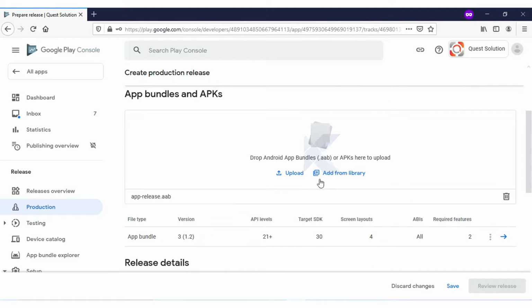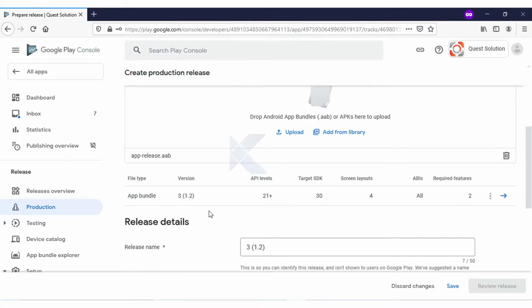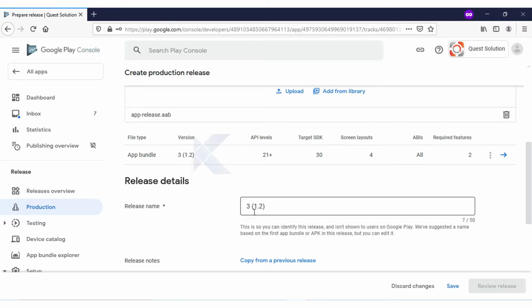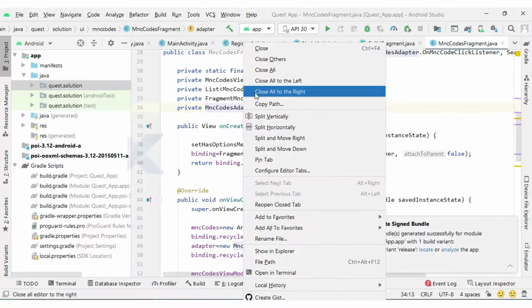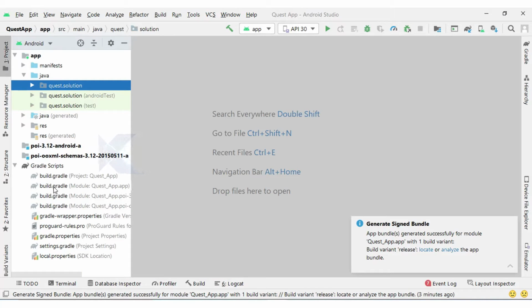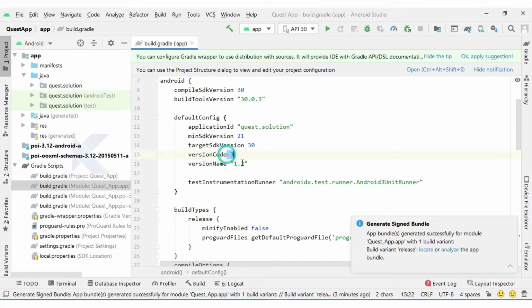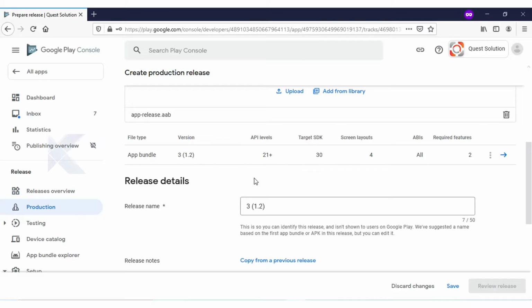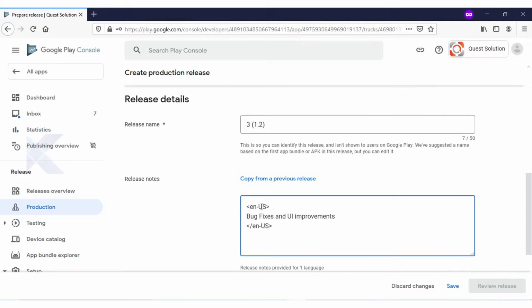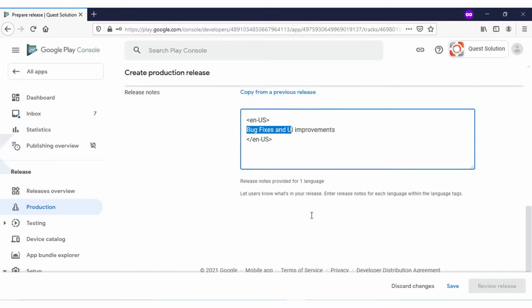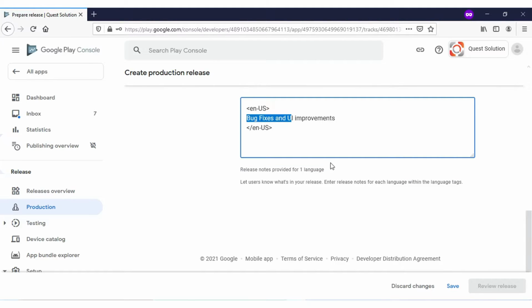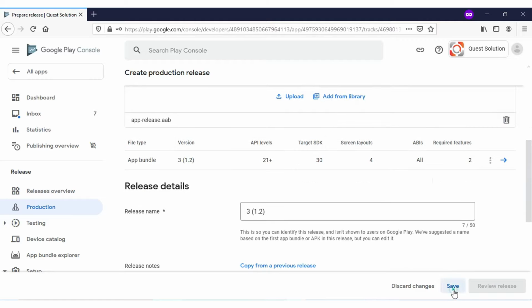So here, once the file is uploaded successfully, you can see it will get listed here, and also it will get the release name according to the version code and version name we have in our Android Studio. You can see here in my Gradle file it is version code 3 and version name 1.2. So accordingly it is showing up here, and you can write down release notes for what you are providing in this new release version, right? So here I mentioned bug fixes and UI improvements. So finally, after everything is done successfully, we can click on the save button,